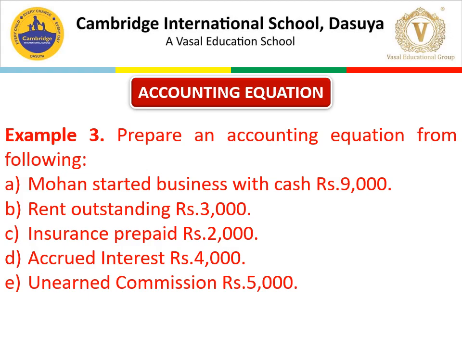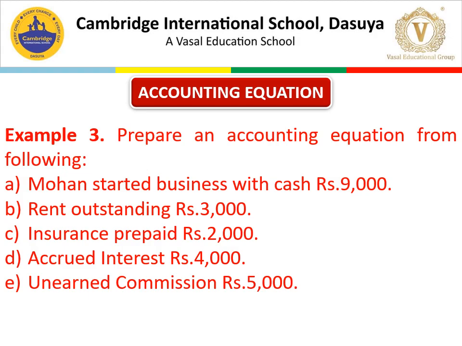So all the expenses, whether they are paid or not, are deducted from capital. But if they are paid, deducted from cash, and if they are not paid, it will become our liability. So added in the liabilities column with the name of the particular expense, that is here rent outstanding. So we will prepare a new column on the liability side, that is rent outstanding.